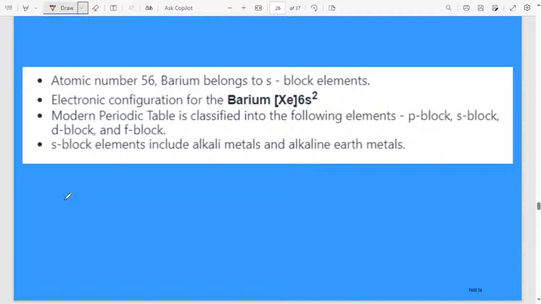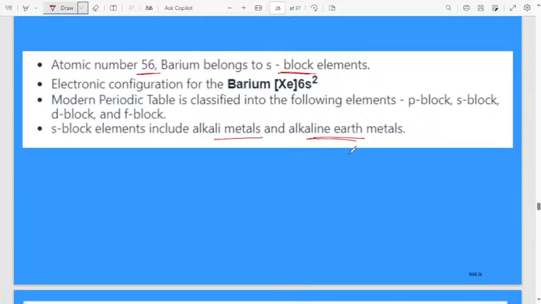Yes, atomic number 56, barium, belongs to S block elements. Barium, electronic configuration: xenon 6s2. The modern periodic table is classified into P block, S block, D block, F block. S block elements include alkali metals and alkaline earth metals. Remember,